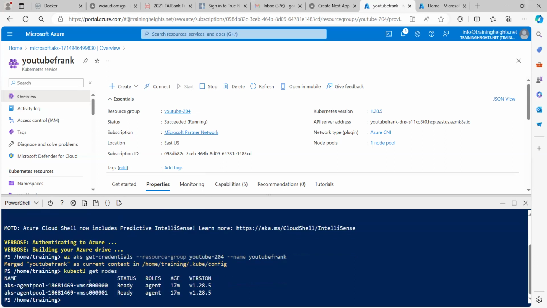Yeah, so we can see our nodes. You can see we have two nodes here. I said nodes are like VMs, and you can see the agent pool and VMs. Yes. So the next thing I want to do is to get